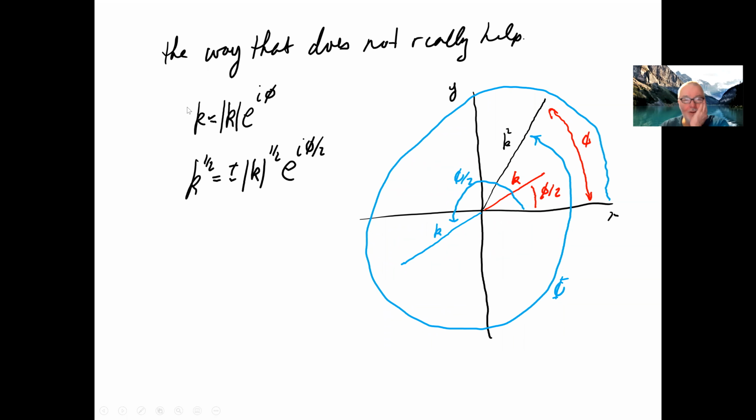One is I can just recognize that this is an amplitude, which is the square root of k real squared plus k imaginary squared, times e to the i phi, where phi is an angle with the x-axis in the complex plane. And then my square root is of length the square root of k squared, or k, and the phase angle is phi over 2. And I have plus or minus that root,